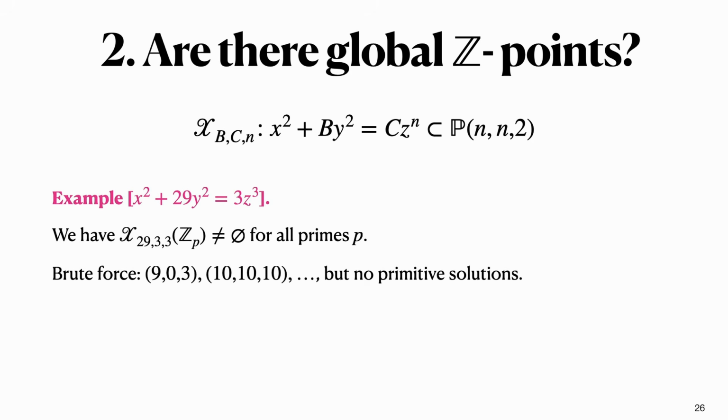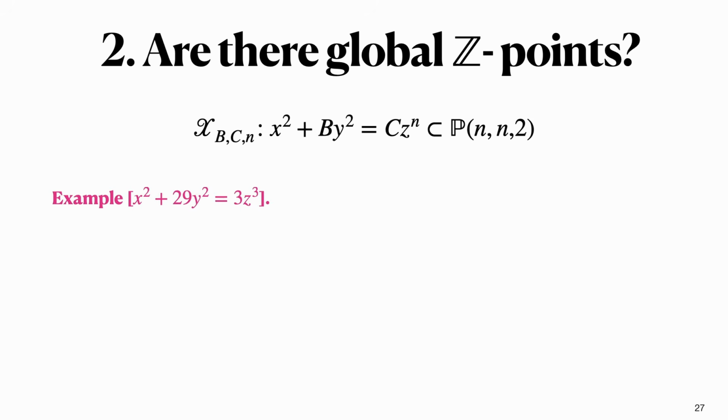And let me give you an example of how it works, how the admissibility part works. We have the same example as we had before, the 29 and 3. And you can try to brute force asking if there are integral solutions. And you always find that the integral solutions are not primitive. So this suggests that the Stacky curve does not have an integral point. And in order to prove that,